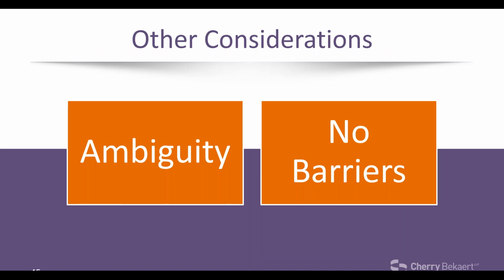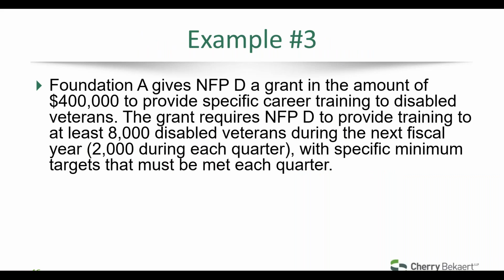One of the things that the guidance also speaks to is that if you have agreements that are ambiguous or not clear, you have to look at if it appears that the items that are in there seem to feel like they are conditions, then you may lean towards the fact that it's a conditional type of grant or contribution. But if there's nothing in the agreement and it's very loose, then you probably don't have a barrier. Okay? To bring this point home, let's walk through a few examples.